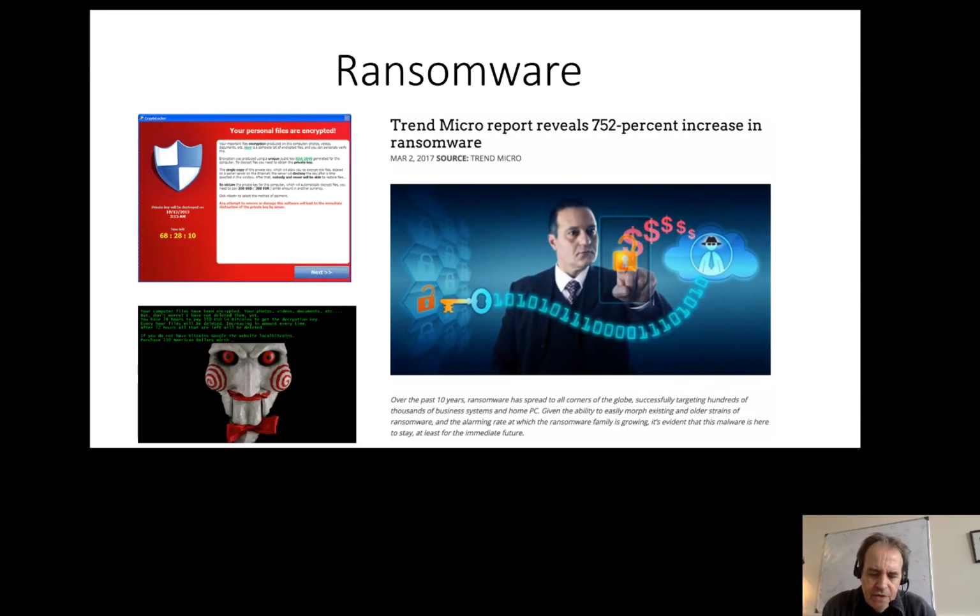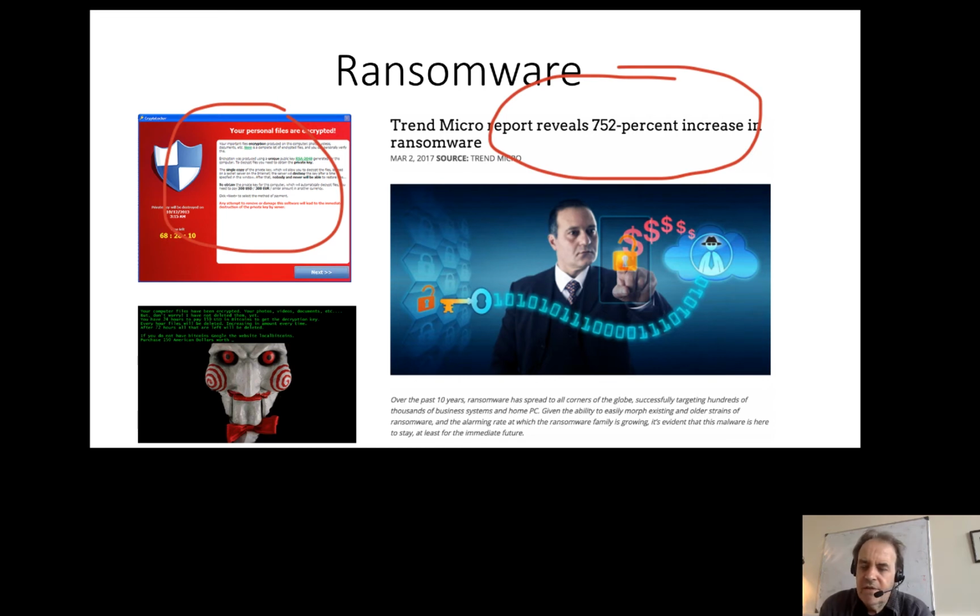One thing that's obvious is there's a great increase in the scope and also in the number of ransomware families that have been developed. And Trend Micro reported recently a 752% increase in ransomware. It's a highly successful crime, and the opportunities to be caught are fairly minimal, especially as the original source can be hidden within the dark web.